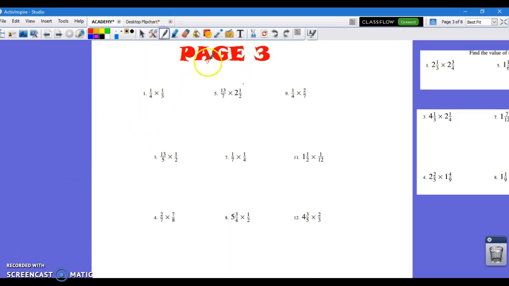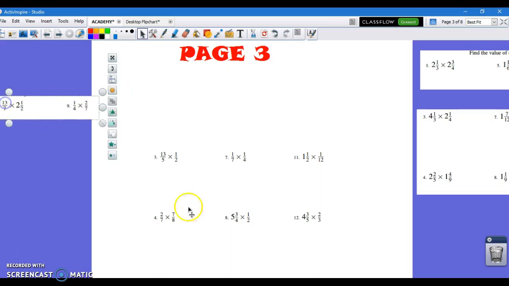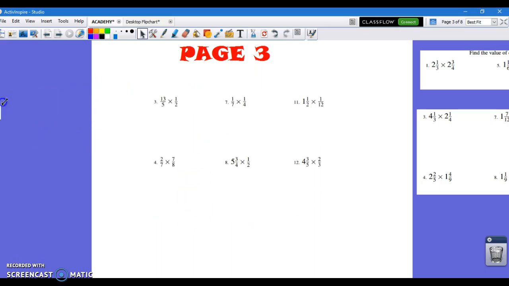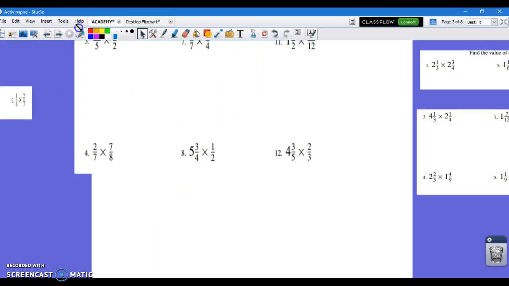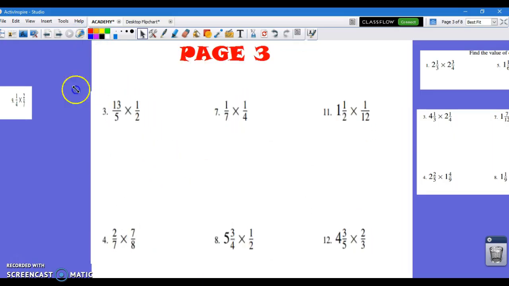On page 3, your first question looks like this. It's multiplying regular fractions or mixed numbers. And remember, I'm not going to do work for you. Your first page looks like that. So I will do the questions that look like this. Remember, I'm doing this as an example of what to do so that you can do your